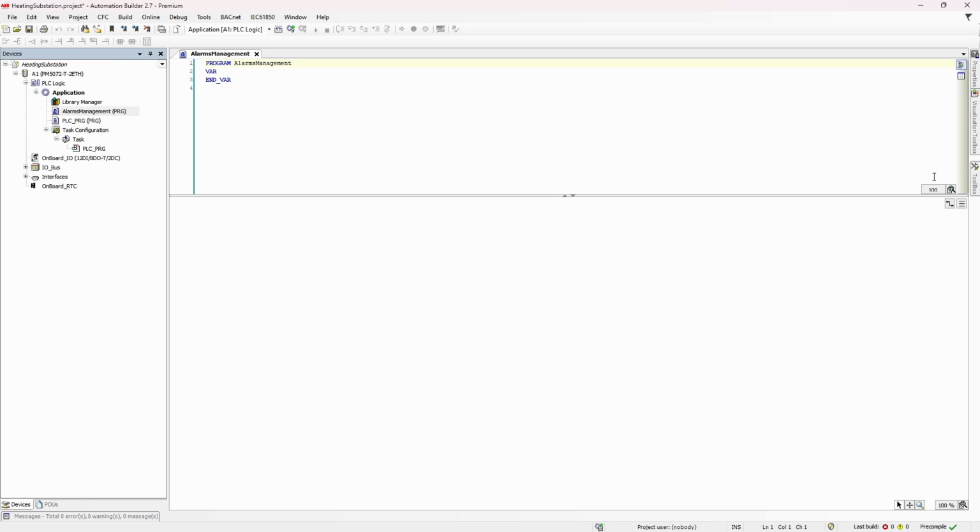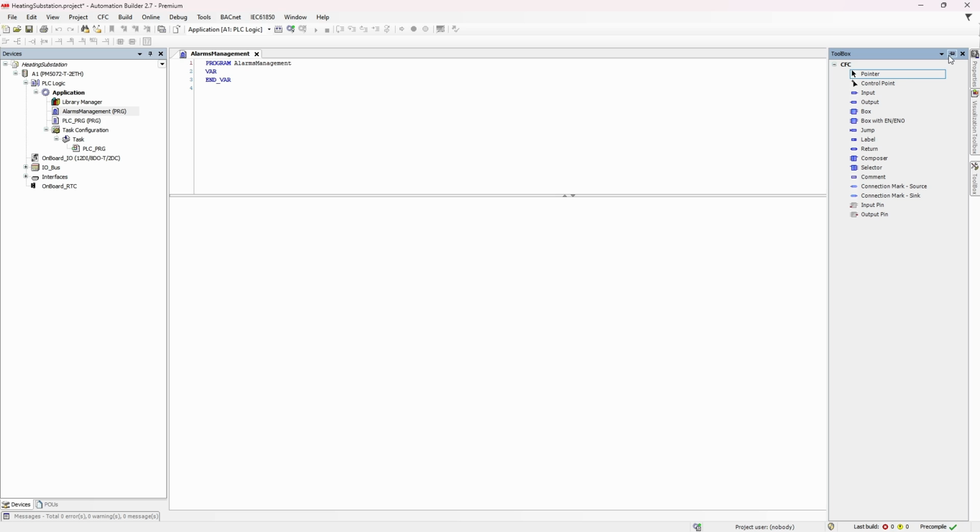Let's open Toolbox with all our tools related to CFC editor. And now the question is, what kind of alarms do we want to handle? First, add input element from the toolbox.